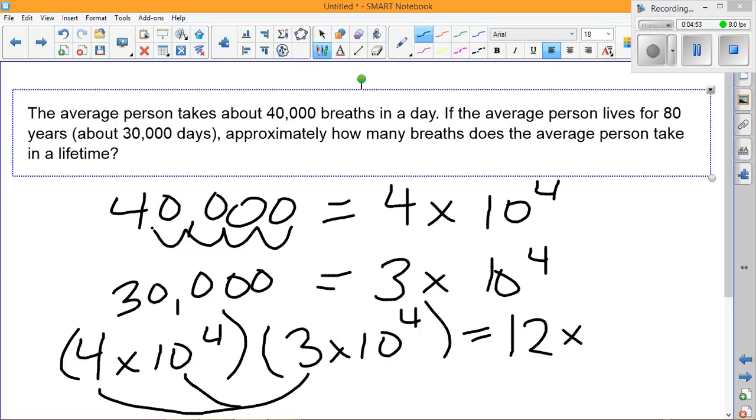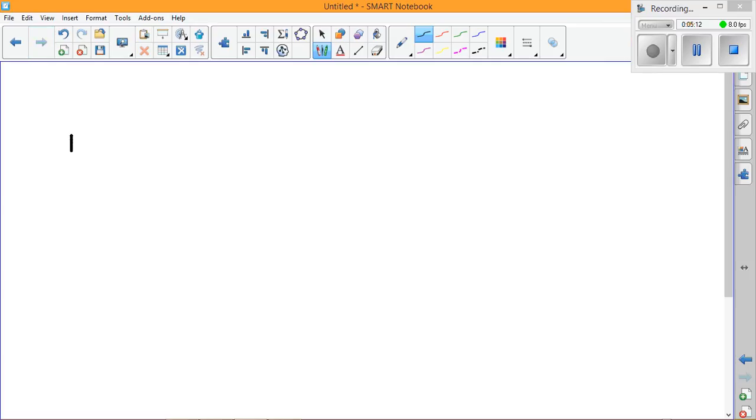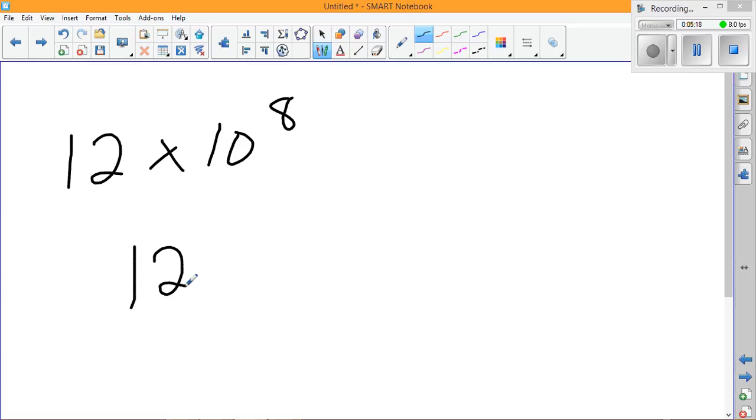And from our exponent rules, we've learned that when we multiply exponents that have the same base, then we add the exponents. So 4 plus 4 gives me 8. So in a lifetime, we take 12 times 10 to the 8 breaths. And if we write that number out, we'll get 1, 2, 3, 4, 5,